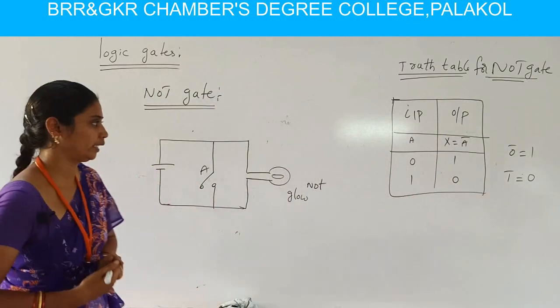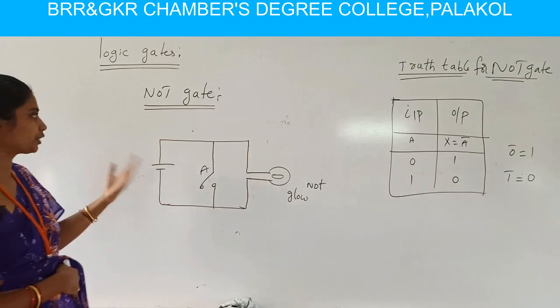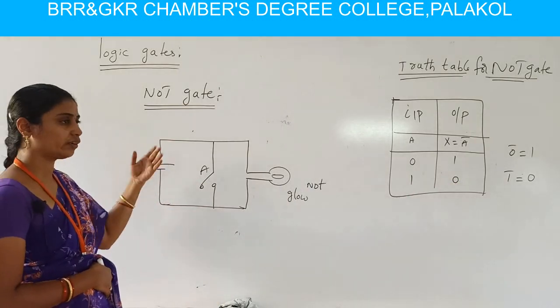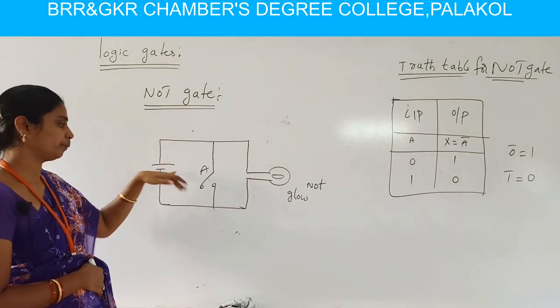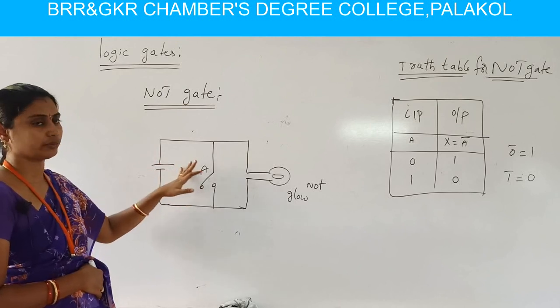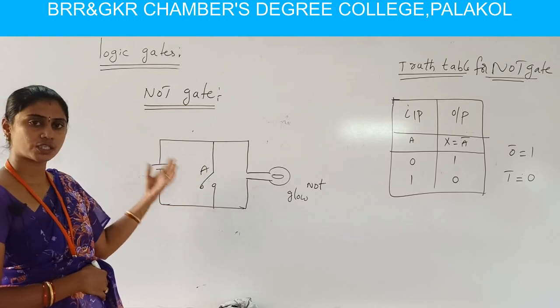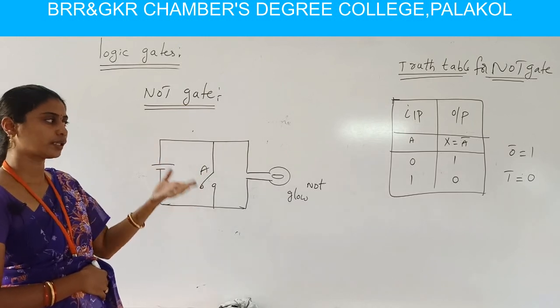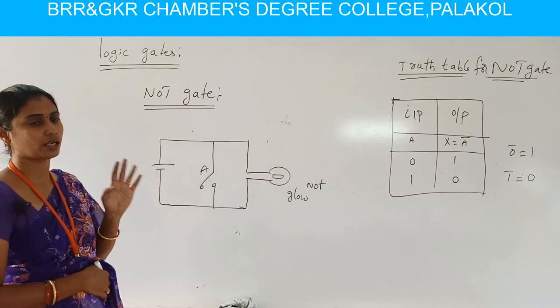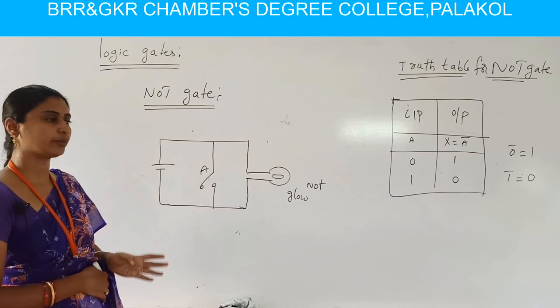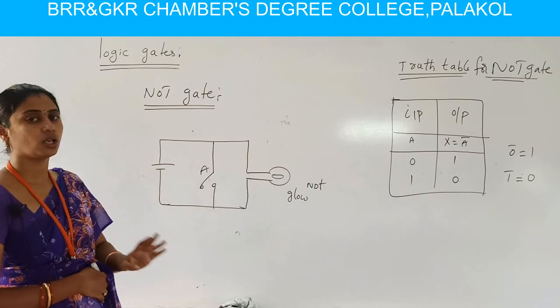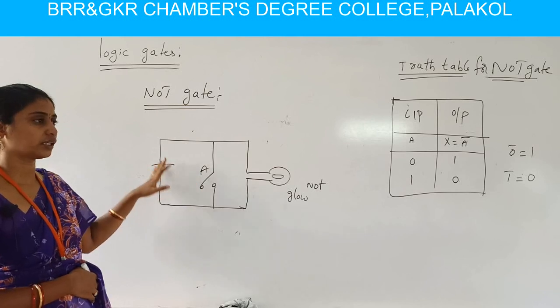The NOT gate is very simple. It does the inversion operation, the complement of whatever variable we give it. A is the variable we considered, then it is complemented, so X is equal to A bar. We consider 0 and 1 as binary numbers; for 0 the output is 1, a high logic level, and when we give 1 as input we have the output 0, a low logic level, which is very important.